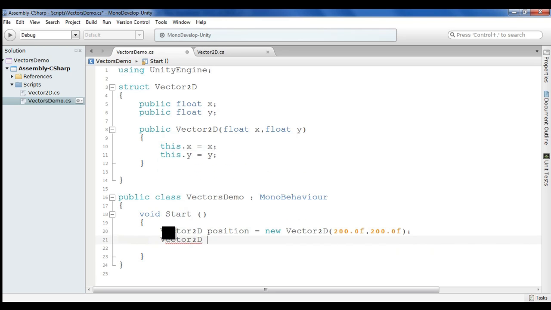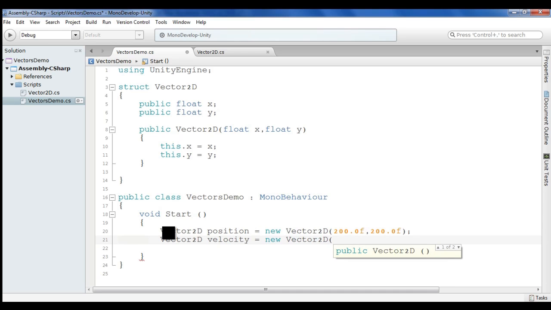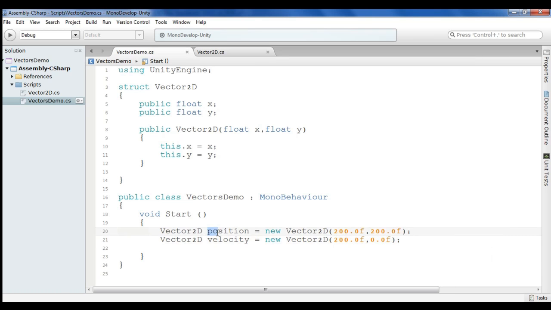I create a Vector2D with the name velocity equal to new Vector2D, and it is going to have x 200.0f, y 0.0f. Simple, right? So we are going to have a position vector and a velocity vector, two data structures available on the stack now.